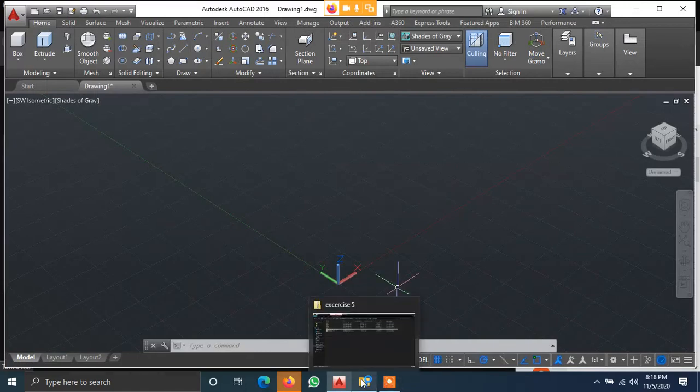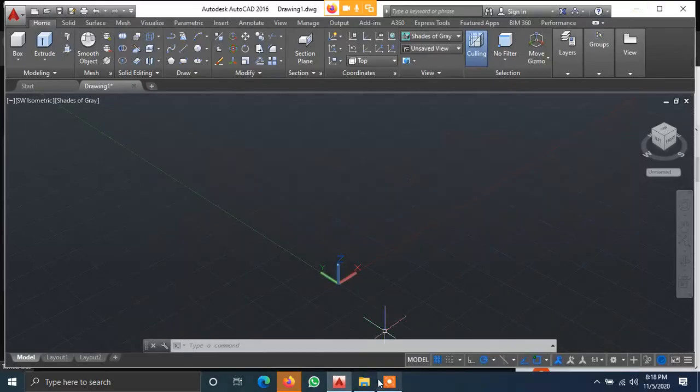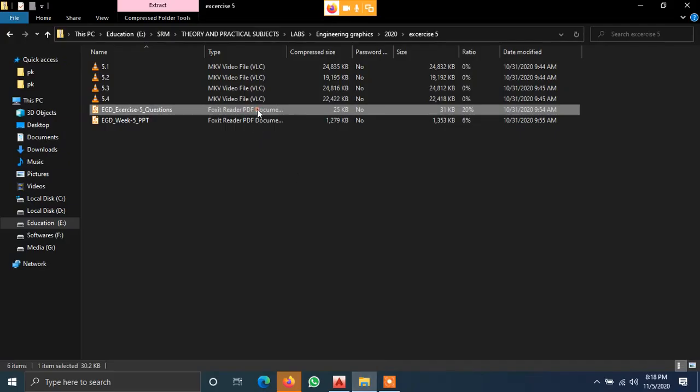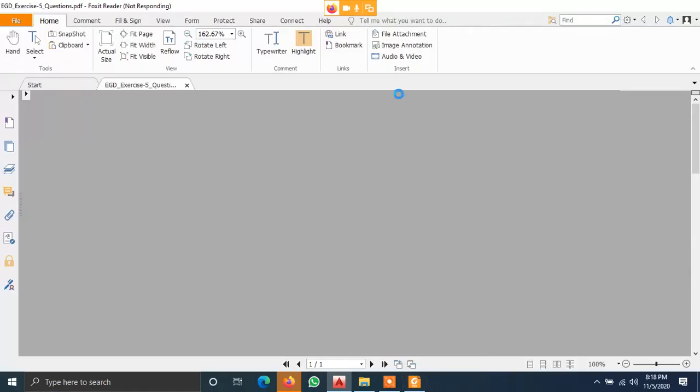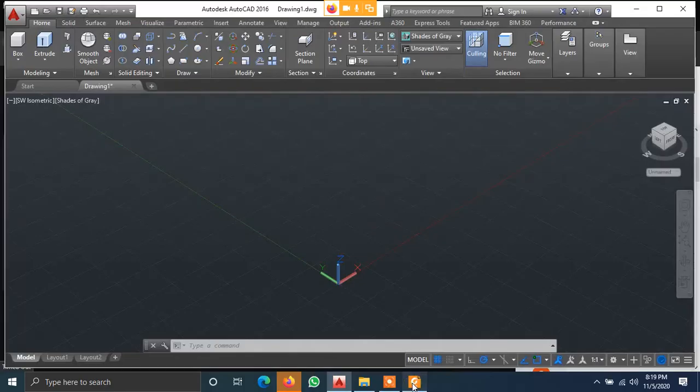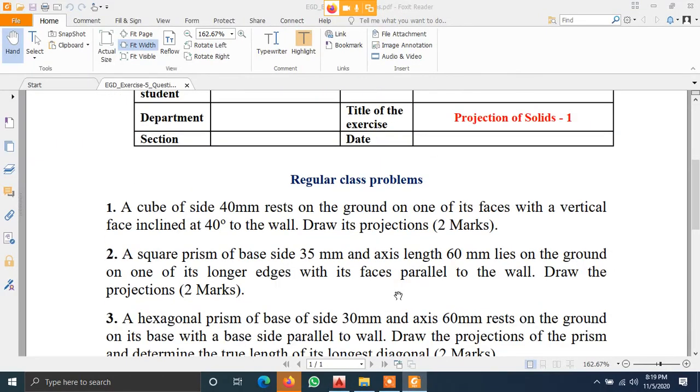Just have a look at exercise 5. I think I have shared it in your group as well. In this, look into question number 1. Is this visible?